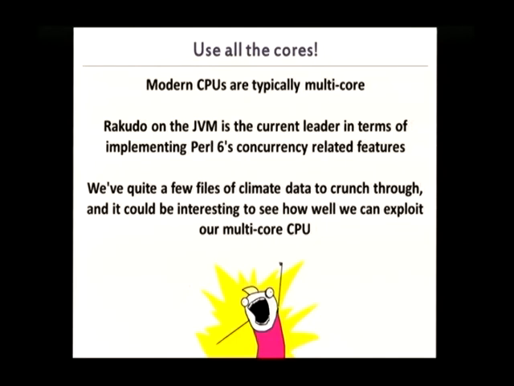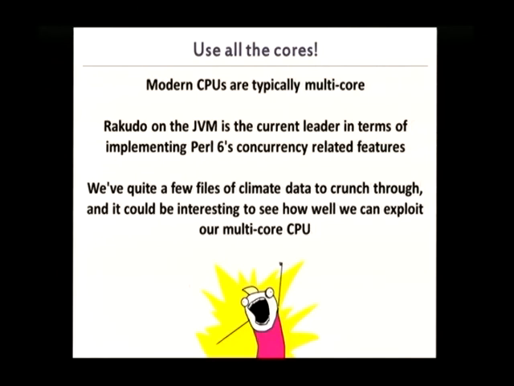Now, what I want to show you, just to finish this session off, is to actually show you how difficult it is to take the program that we have written, and you've just seen me run it on the JVM, and the full thing works as well. Okay, and then we're going to actually just parallelize it. We're going to make it so that it can run on multiple cores and crunch through this big data set